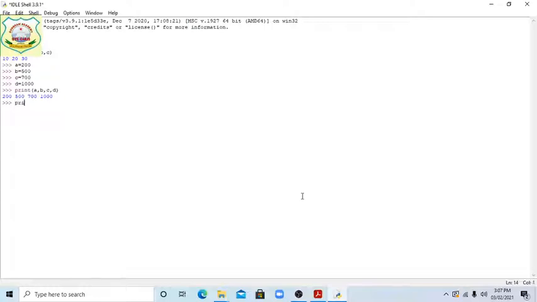Now print a comma, then in quotation marks /t, close it, then comma b, again the same thing, then comma /t, close, then comma c, then comma /t, then comma d, now close.